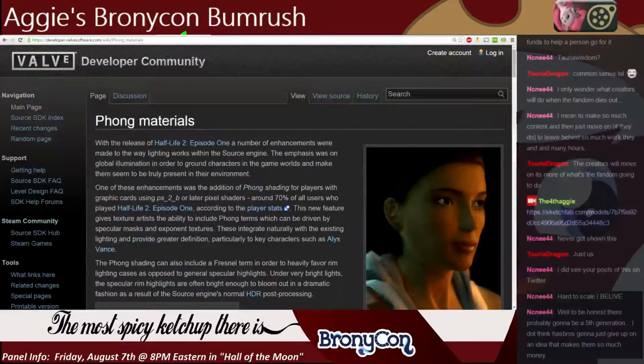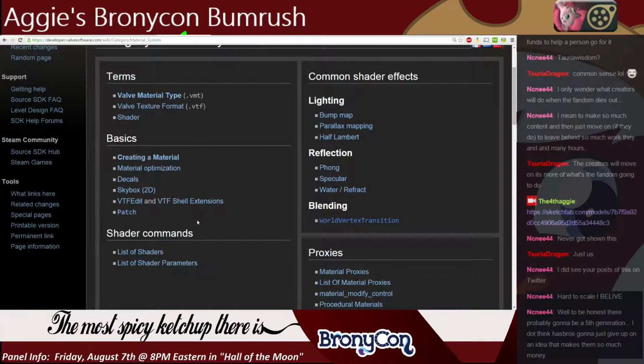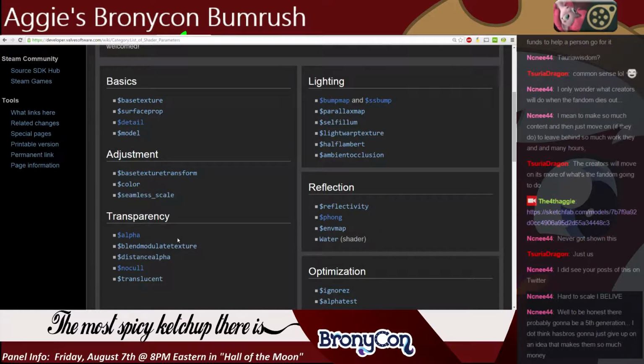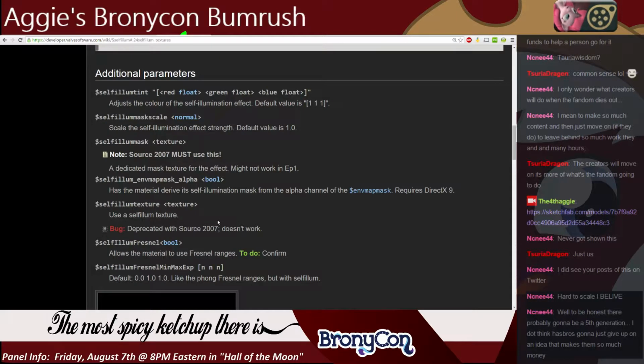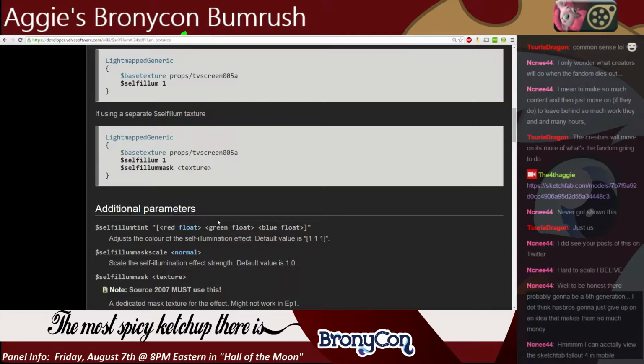I'm trying to make it actually light up. What's the material system? Specular, no. Detail, base texture, transparency, no. Distance alpha, translucence, self-illum, I think is what it is. There we go. Okay, so self-illum mask might not work in Episode 1. Oh, okay, so we're going to add a self-illum tint. Oh, okay, cool. Well, to be honest, they're probably going to...